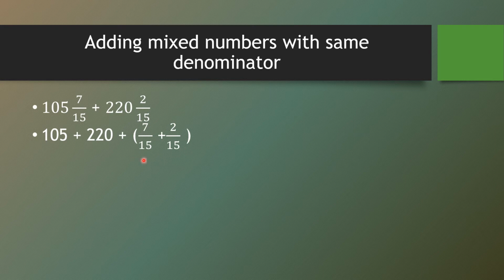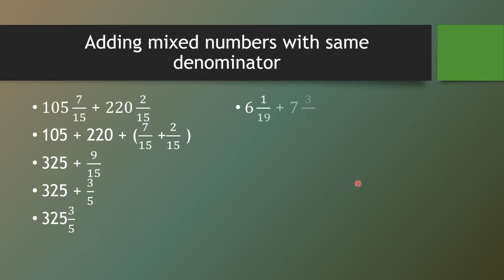These are fractions. So we will add these whole numbers and we will get 325, plus when we add these fractions with common denominator, we will add 7 plus 2, which is equal to 9 by 15. Now we will observe this fraction. We can simplify this fraction because there is a common divisor, which is 3. So we will divide it by 3. 3 3s are 9. 3 5s are 15. So here 325 plus 3 by 5. Now here is a whole number and a fraction and we can write them together as a mixed number: 325 and 3 by 5.